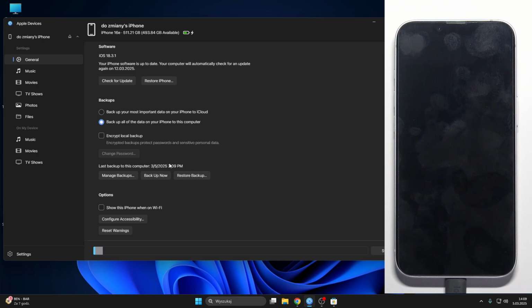One more thing is, when you create a first backup, later on after like a day or so, if you plug it in again, the computer, or the program more specifically, should do it automatically on its own. So you shouldn't really need to do this yourself all that much. At least iTunes used to work that way, where you plug in your device, it automatically does the backup in the background. But in any case, with that being said,